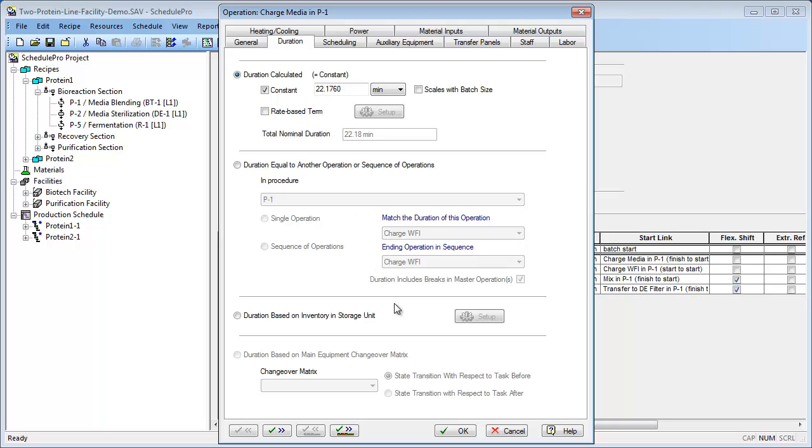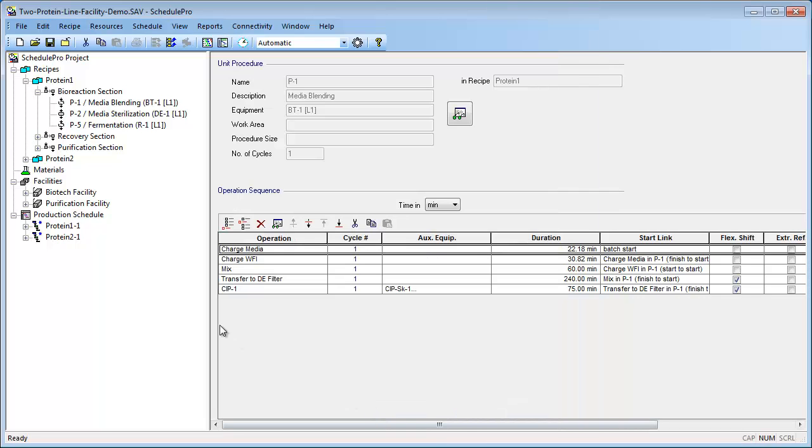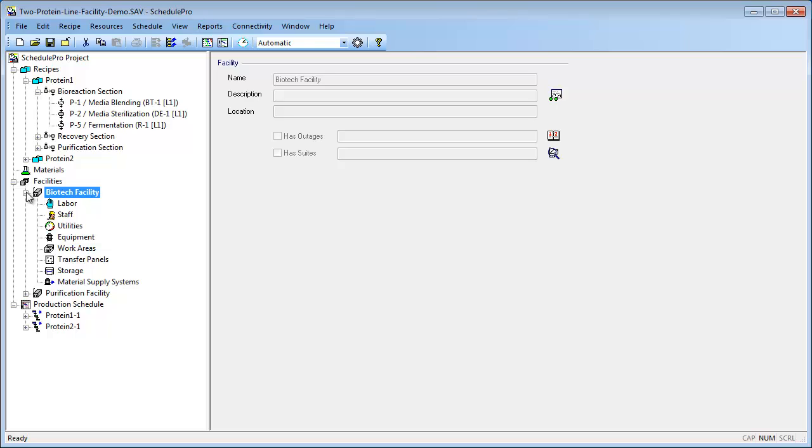The procedures and operations within a recipe utilize resources within facilities. These resources can include labor, staff, utilities, equipment, work areas, transfer panels, storage units, and material supply systems. The user can specify outages of resources as a function of time to account for things like planned equipment maintenance, holidays, weekends, etc. Once resources have been defined and a recipe has been created, the process schedule can be viewed